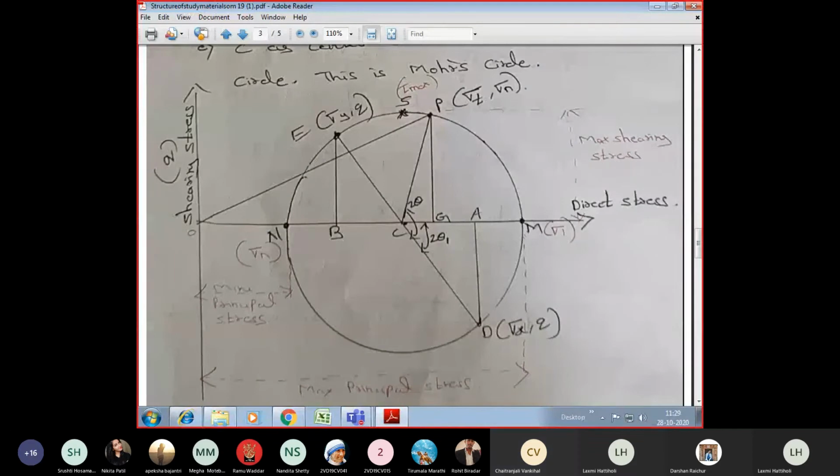Yes, ma'am. Okay. See, what I have done here is, initially you draw your x-axis and y-axis. That's what I have done. From O, you can see here the point O. I hope the cursor is also visible to you. After marking the point O, I have simply drawn this x-axis and this y-axis. Observe this direction of the x-axis, what I have written: direct stress, in the sense of your sigma x and sigma y. Instead of writing x-axis, I have written direct stress. Next, y-axis. What did I write for y-axis? Shearing stress. Is it visible to you? I have written it as Q, shearing stress Q.